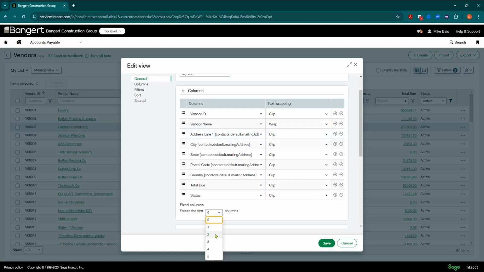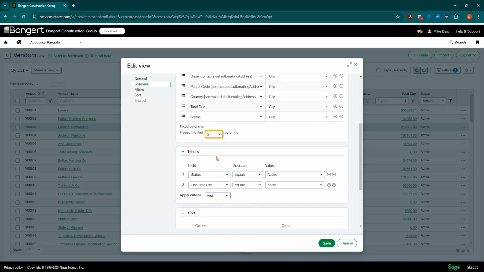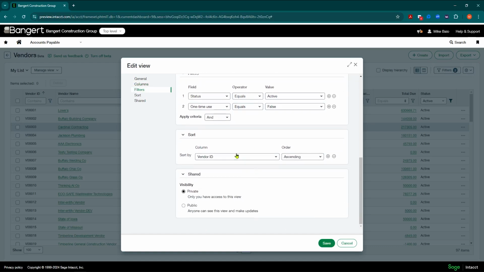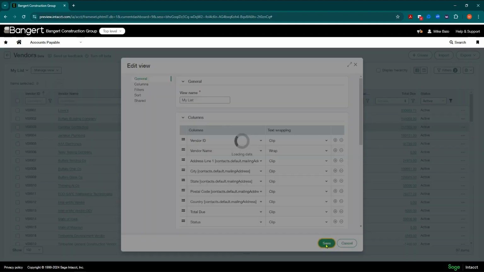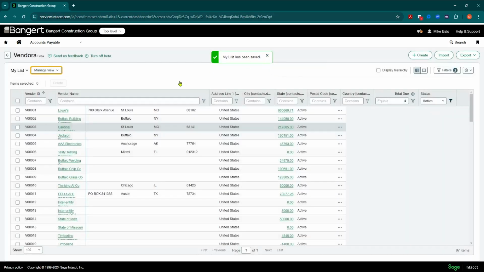I could freeze columns, which is huge. Let's freeze the first 2 columns. There's just a lot more possibilities in here. Filters, and the one big thing with filters is it's very easy to add multiple filters and put an or statement in there now. So this is pretty self-explanatory. It's very visual. I can click save, and now I have a new view from there as well. And then you're good to go.